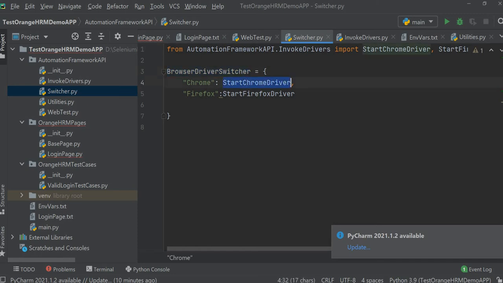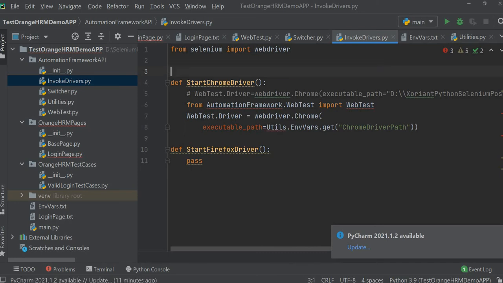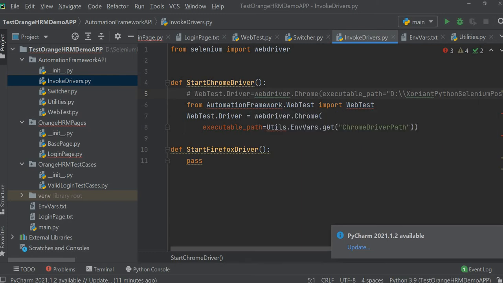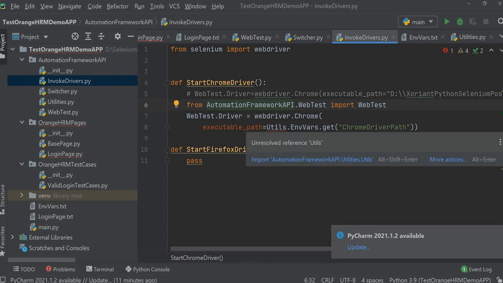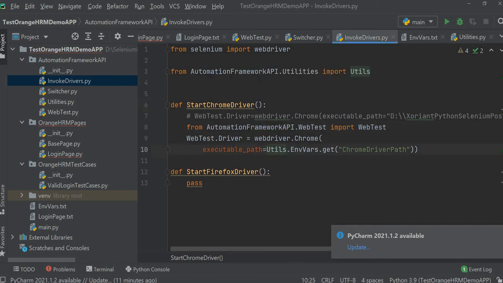Now this switcher, this start Chrome driver function, we have implemented in invoke drivers py here. Now we will just import it, automation framework API. We have imported a web test and we will import a utils class, right?